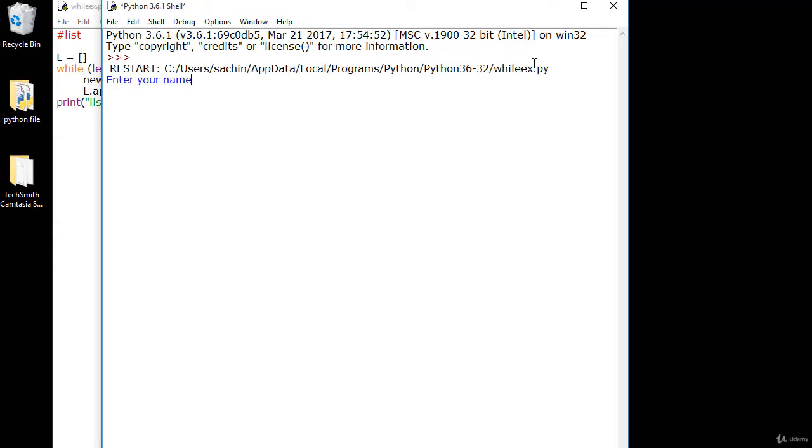So what will be, enter your name. Basically I'll say Tom, Harry, and Jack. So 3 names are already enough in the list, and we have the condition that the length of L should be less than 3, not 3. So it must give you list is full, because the list will be full.